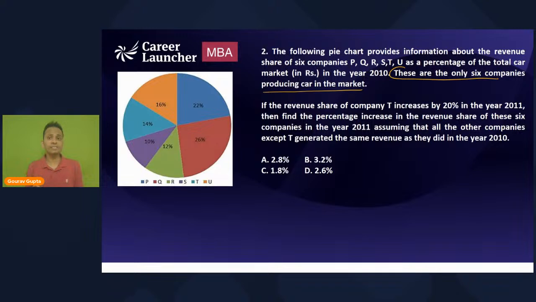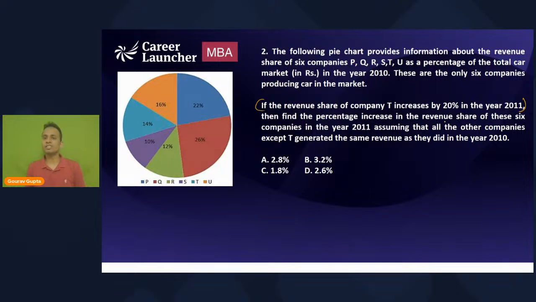In absence of this line, you will not be able to answer this question. हम इस question का answer ही नहीं कर सकते if there is no clarity that if we have any other company in the market or not, और वो चीज assume भी नहीं कर सकते, right? So there should be some evidence, there should be some statement that should be telling you that these are the only 6 companies of car in the market in the given year. Okay, so first of all, this is the first important statement that you must look for while solving any question of this type.